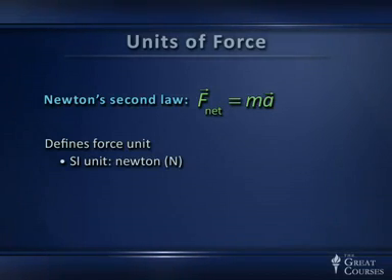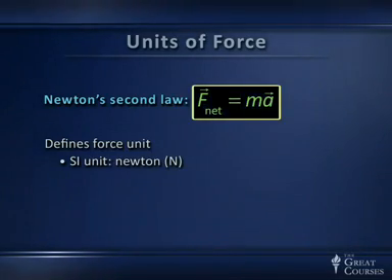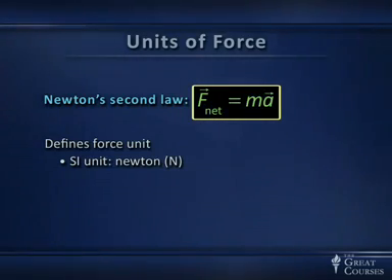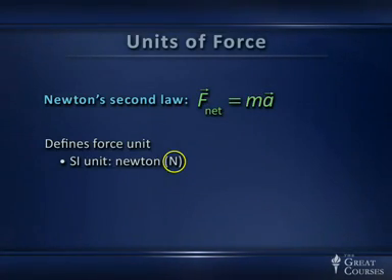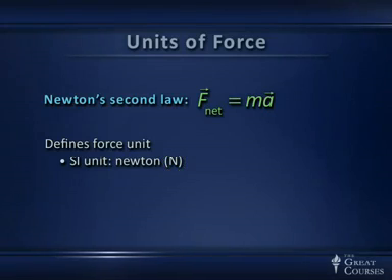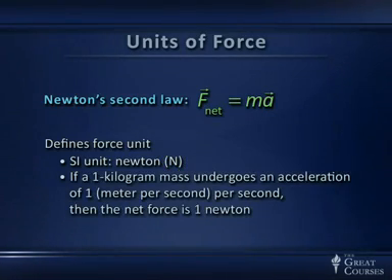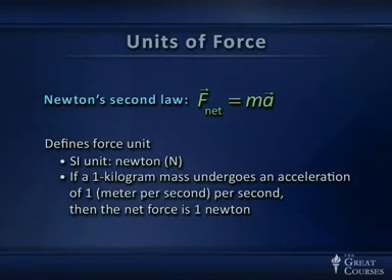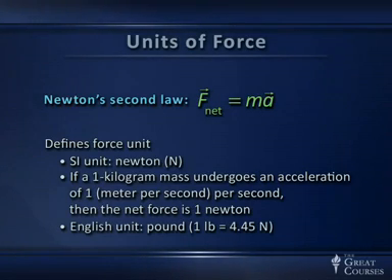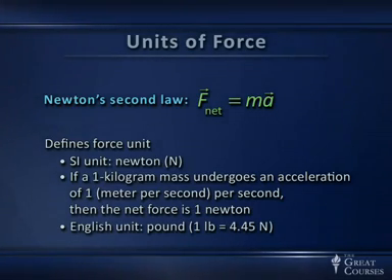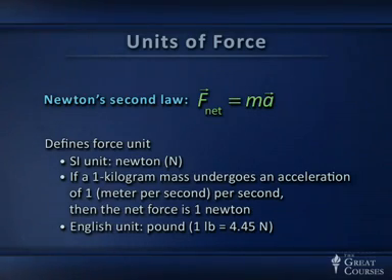So let's think about units of force for a moment. Newton's second law says F net is ma. F equals ma. That defines a force unit. The force unit is the Newton, symbol capital N. It's the unit in the Système International, the international system of units. And the Newton is defined such that if a 1 kilogram mass undergoes an acceleration of 1 meter per second squared, then the net force acting on it is by definition 1 Newton. So first of all, Newton's second law serves to define units of force. The English unit, by the way, is one that's familiar to you. It's the pound. And a pound is a unit of force, and a pound is about 4.5 newtons, roughly 4.45 newtons. So those are units of force.